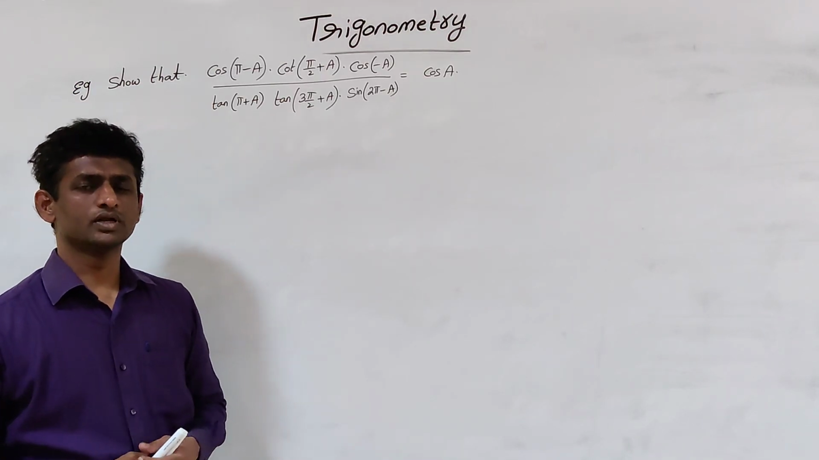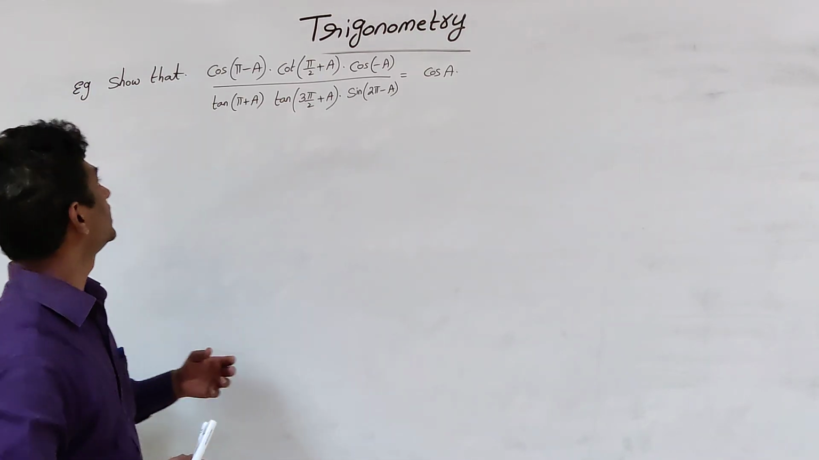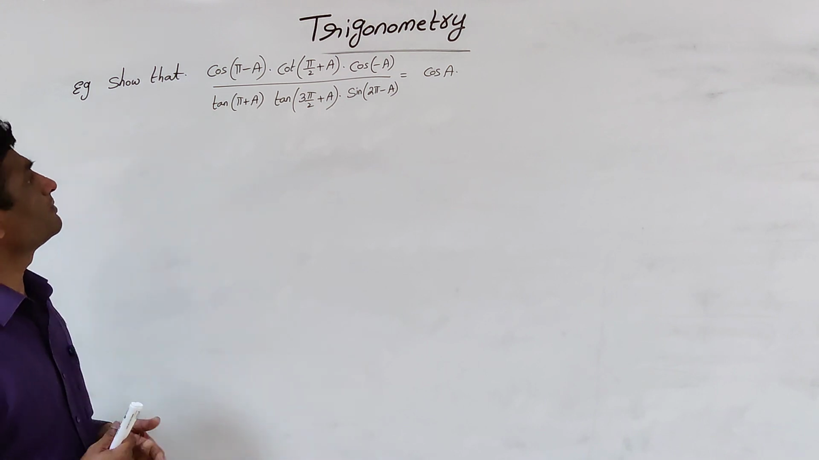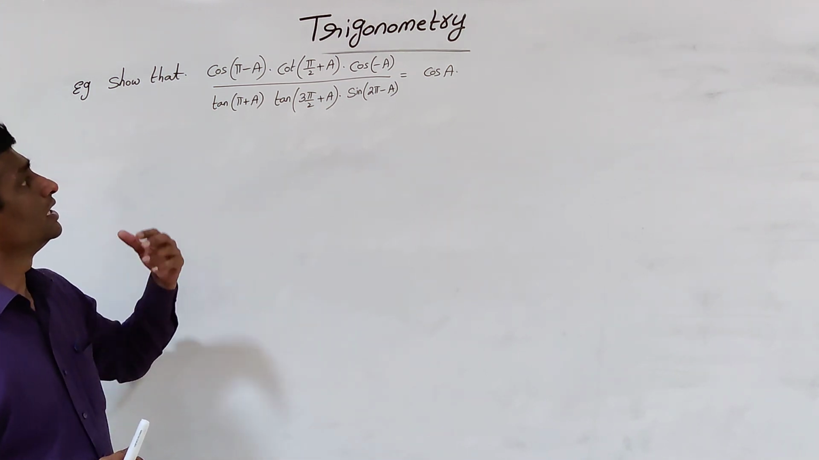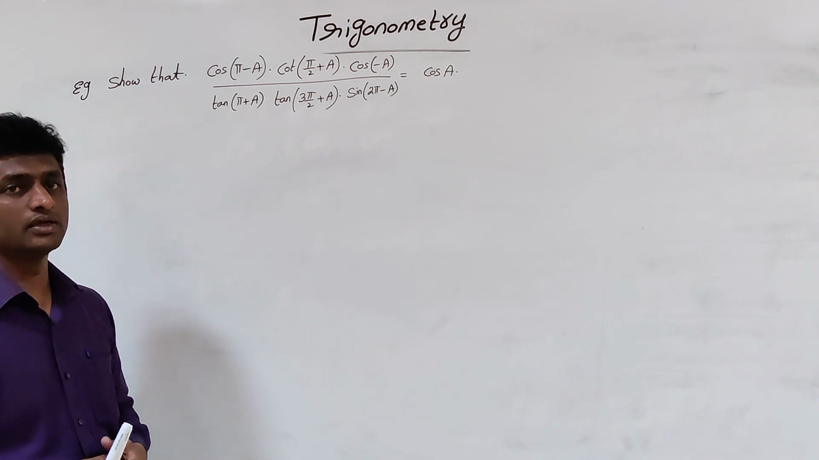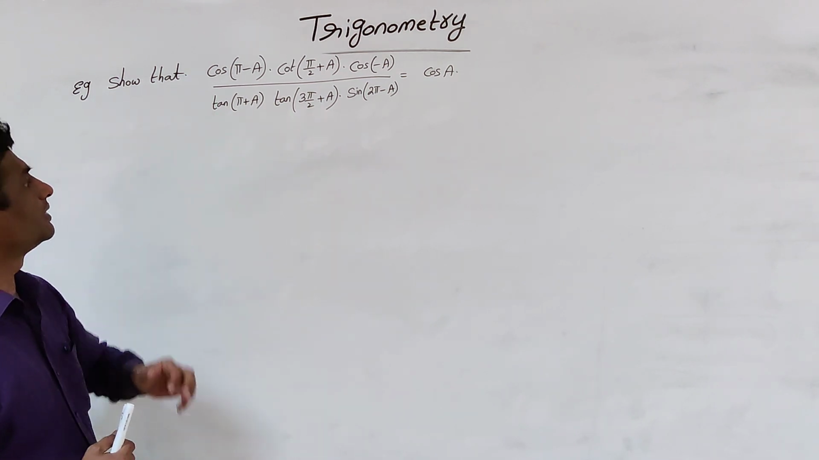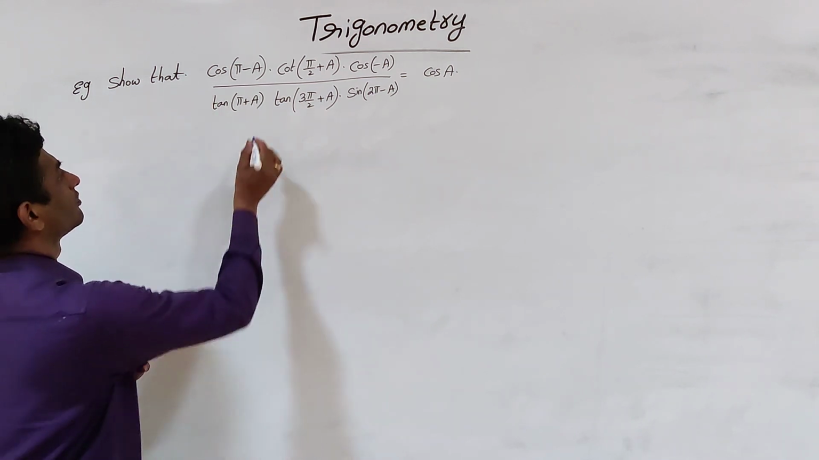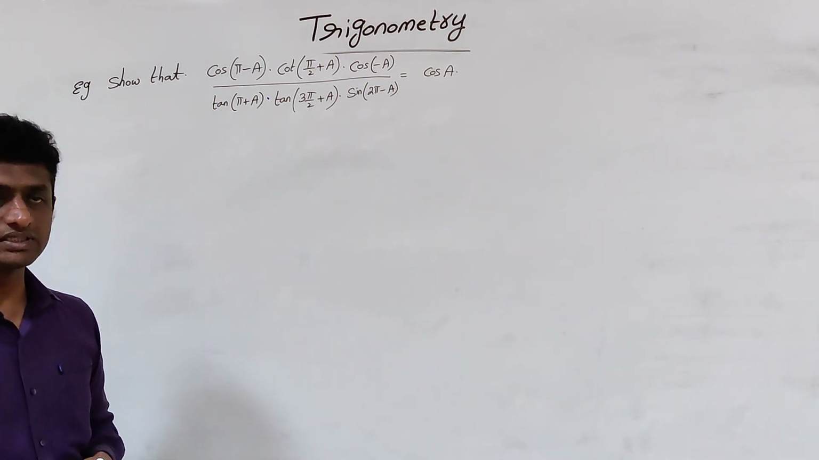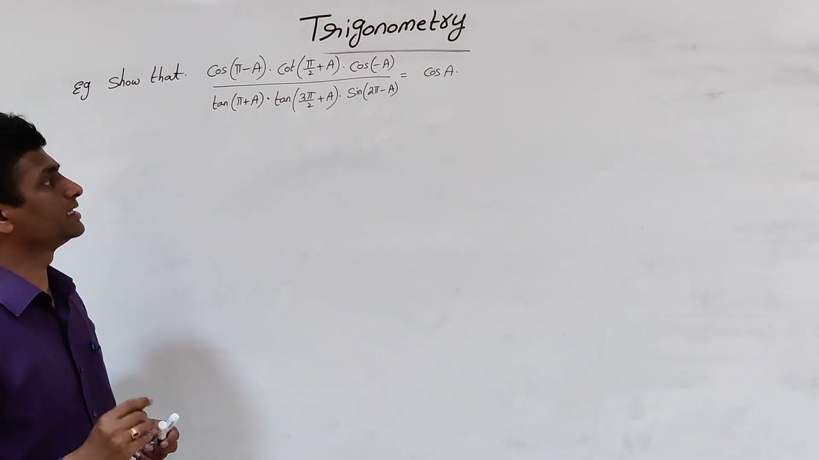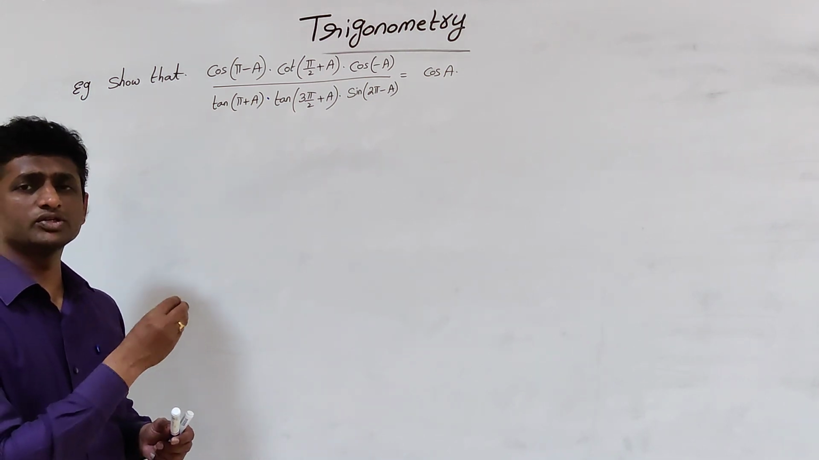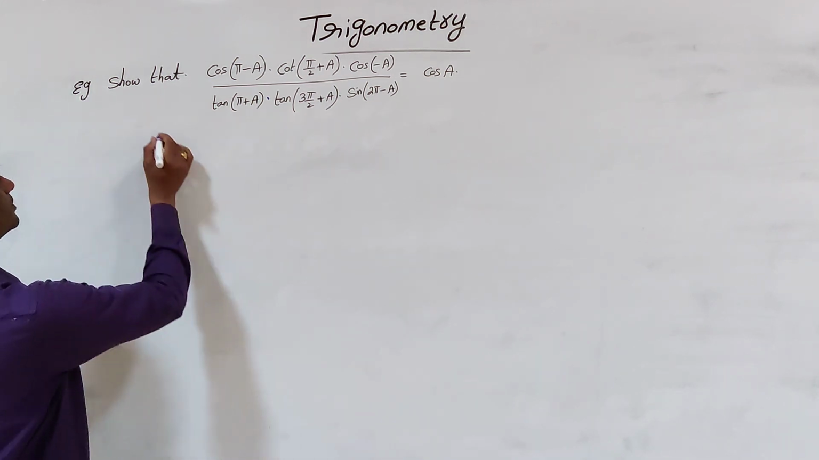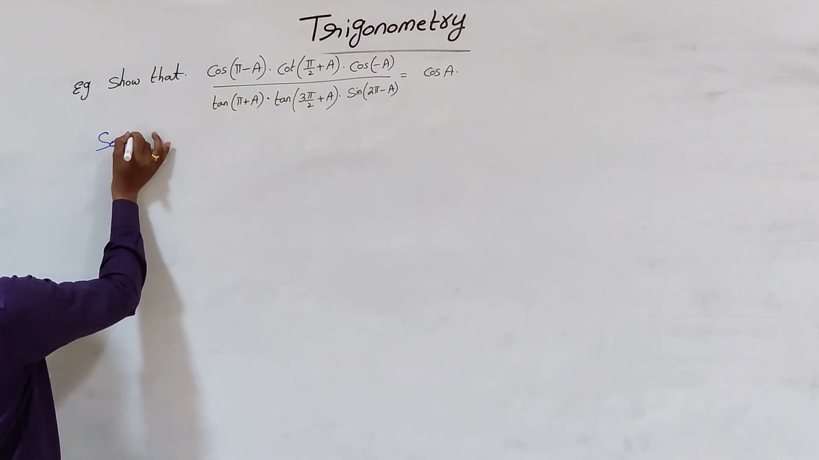Next problem: show that or prove that cos of pi minus a into cot of pi by 2 plus a into cos of minus a by tan of pi plus a into tan of 3 pi by 2 plus a into sin of 2 pi minus a is cos a. We will find out what are the trigonometric ratios of different angles. Solution: